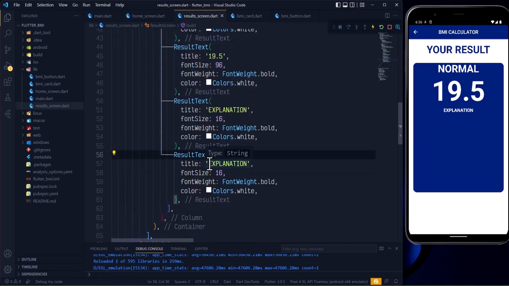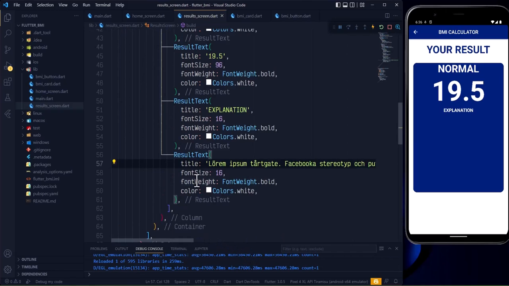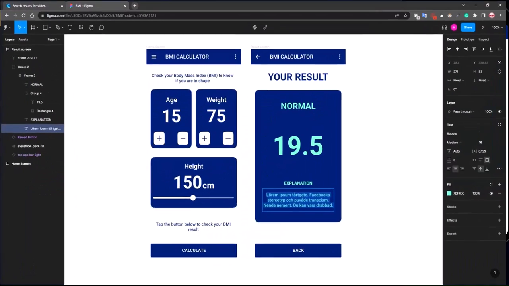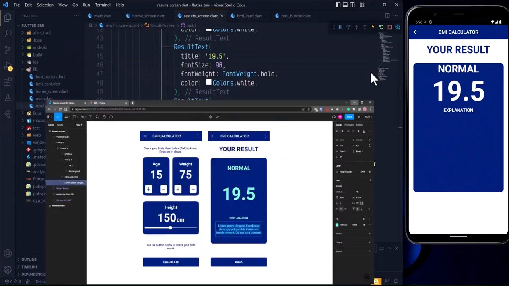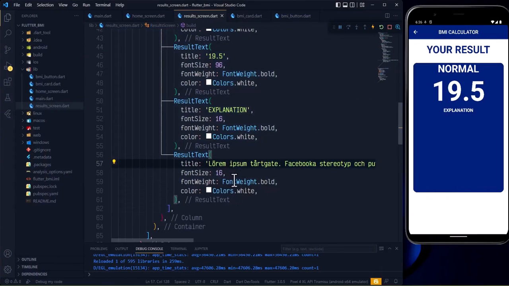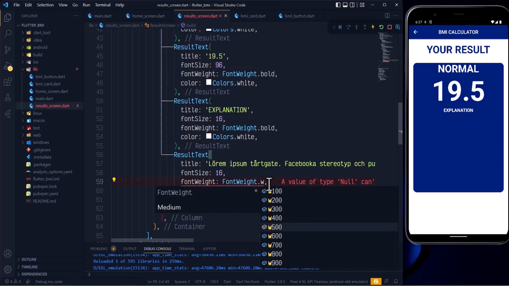So over here, this entire thing is going to be all of this, then I believe it's also 16, so font size 16, yeah, and that's not bold, so we'll make some changes to it. So font size 16, and then here we can go with let's say